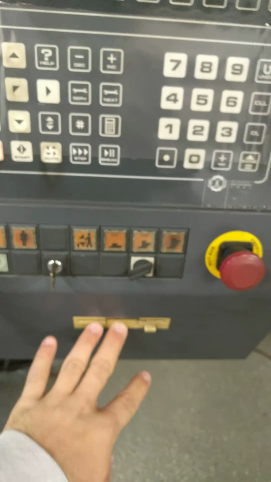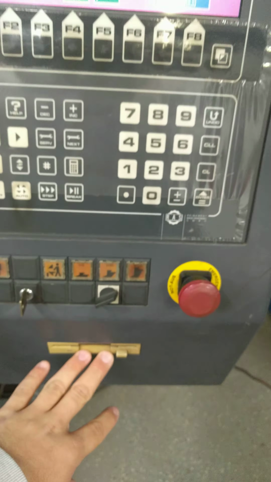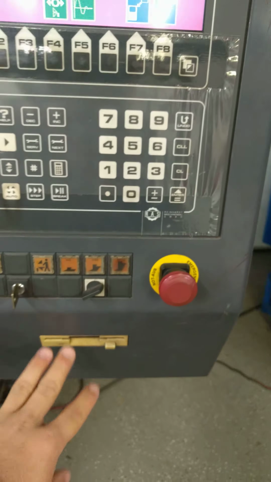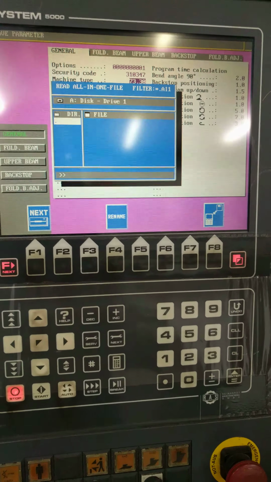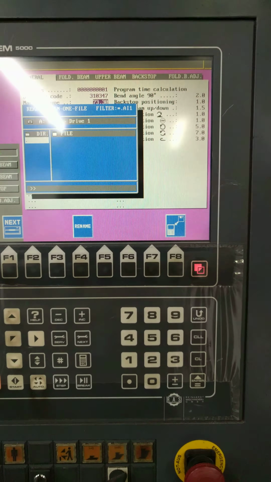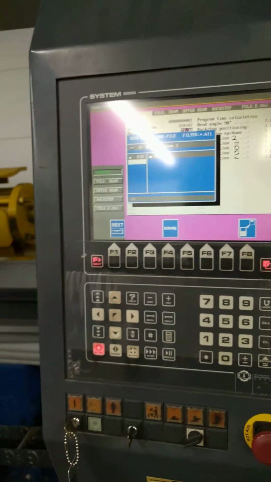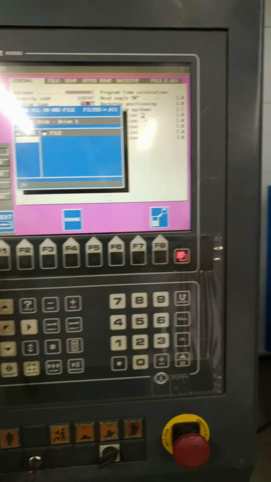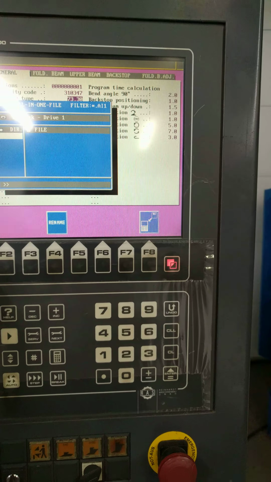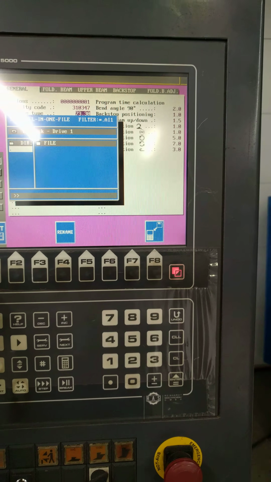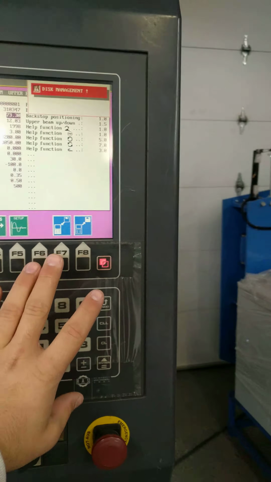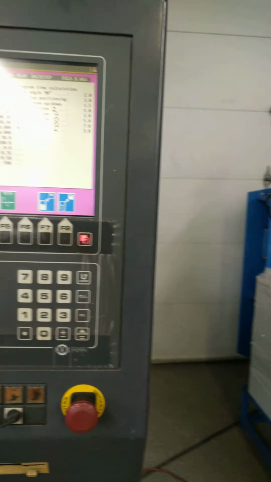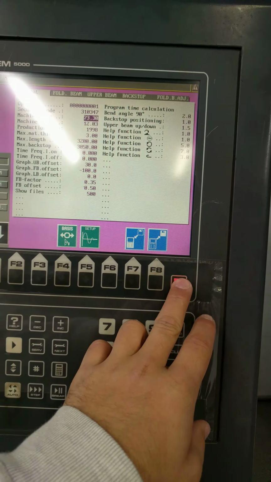Now, you need to make sure that you have this file on this disk. Right now I have the program floppy in here, so it's not going to have my system parameters. You should have made this file when you were setting up your machine. If you don't find it here, you would find it in the next directory, which I don't have here, so I won't even bother. Anyways, you would upload your parameters by clicking that, and then you would proceed by changing the